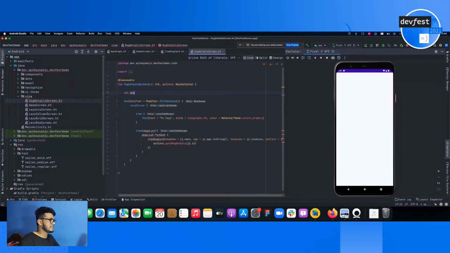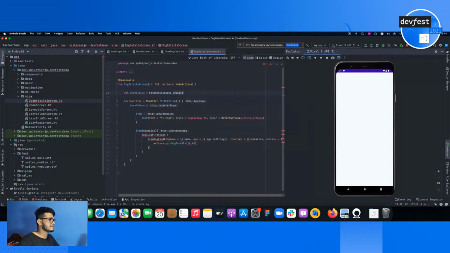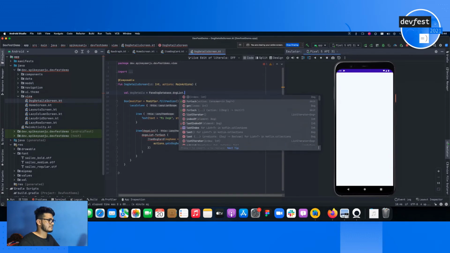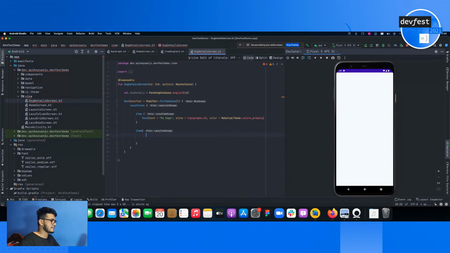Now we have this dog details and fake dog database. Find. Okay, so now we are passing this dog ID to the dog list, so I'm going to remove this, and let's remove this one. Instead of this,